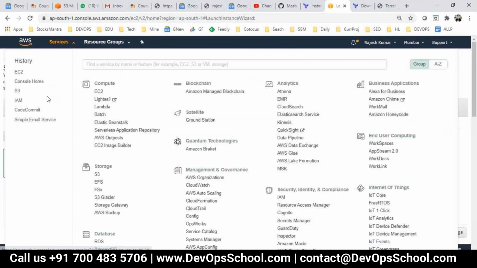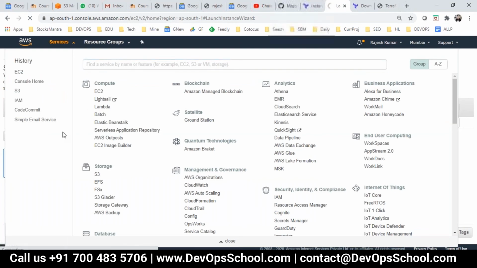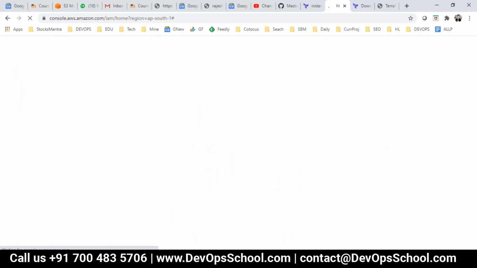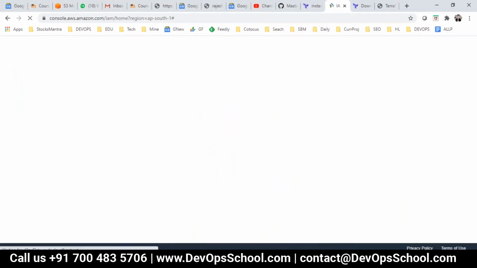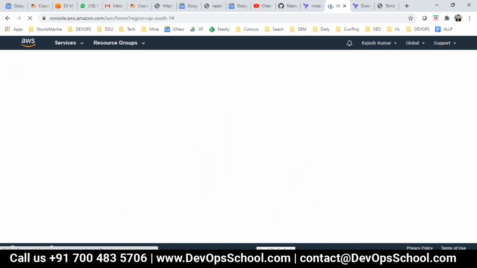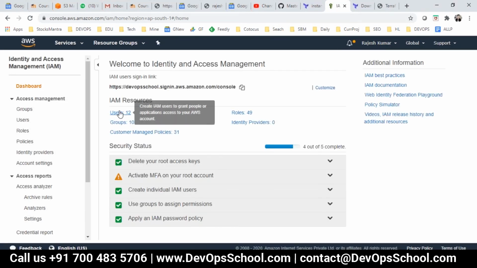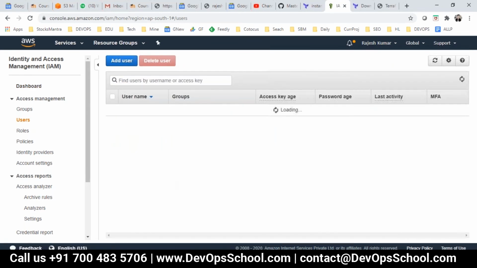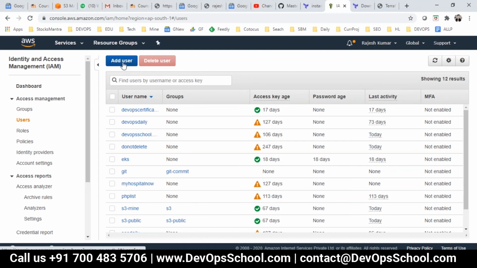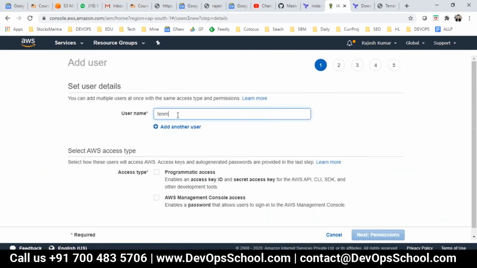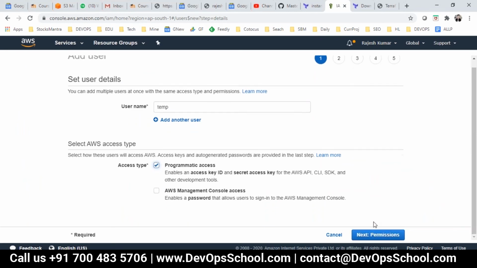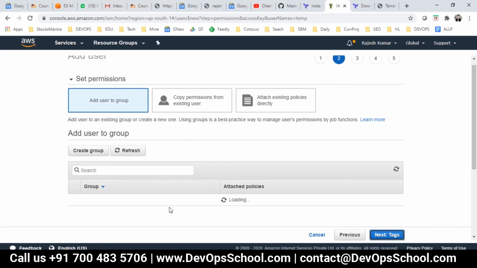So go to IAM, and user. I'm creating one temp user, temp, and giving programmatic API access.